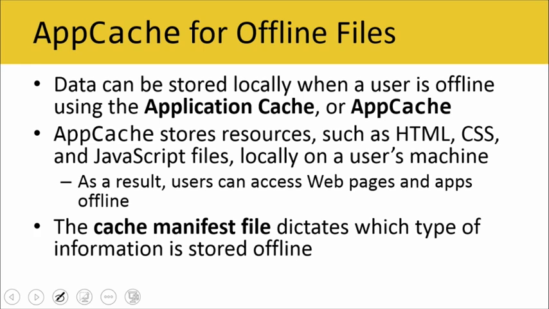All right, another really important aspect of JavaScript that you need to understand is app cache for offline files. If we want users to be able to access our web pages or our web apps when they're offline, we're probably going to want to implement app cache. Okay? App cache allows us to store data locally when users are offline. And it's going to store resources like the HTML files, CSS files, and JavaScript locally on a user's machines. And so that's what allows them the ability to access those files